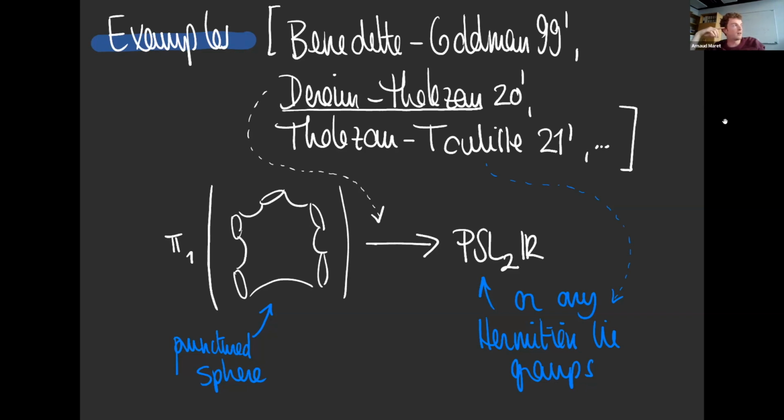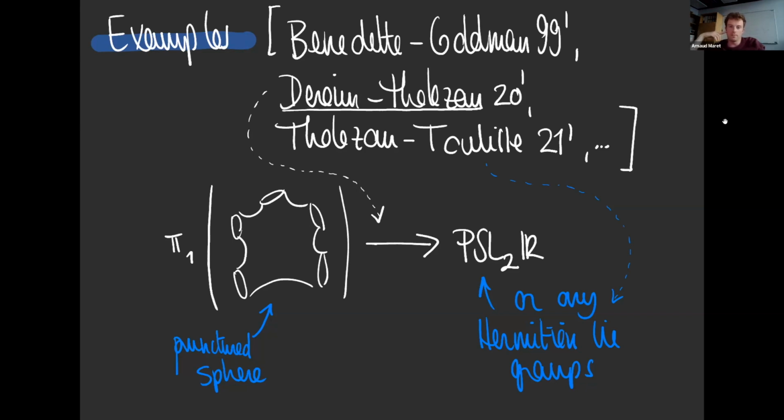And the way they're constructed is they come from reflections through sides of non-convex polygons in the hyperbolic plane. That's how you build them. But the bottom line is that it's always a representation of a punctured sphere. Like in PSL2R, you can prove that you cannot have genus because the commutator of two elliptic elements is always a hyperbolic element in PSL2R. And this was generalized later on in 2021 by Tolosa and Toulis, who were able to